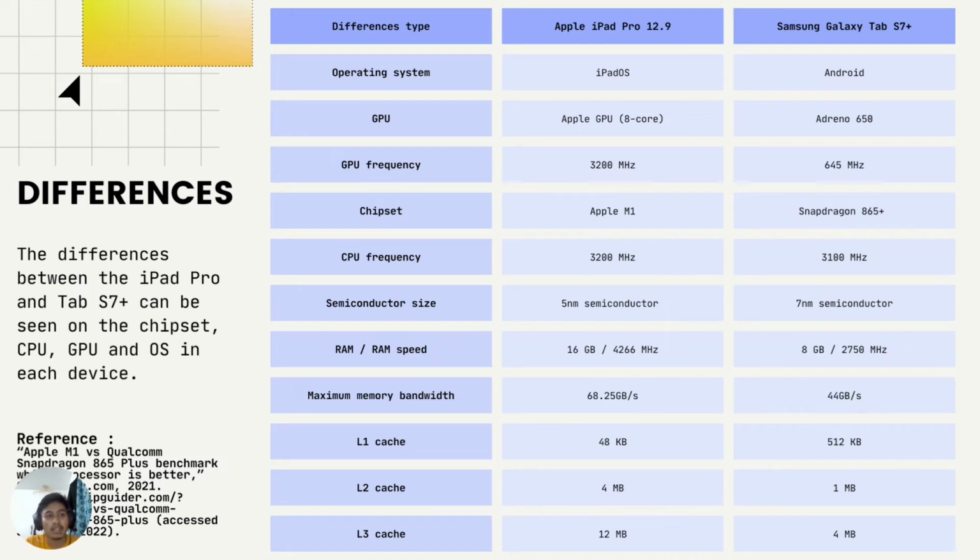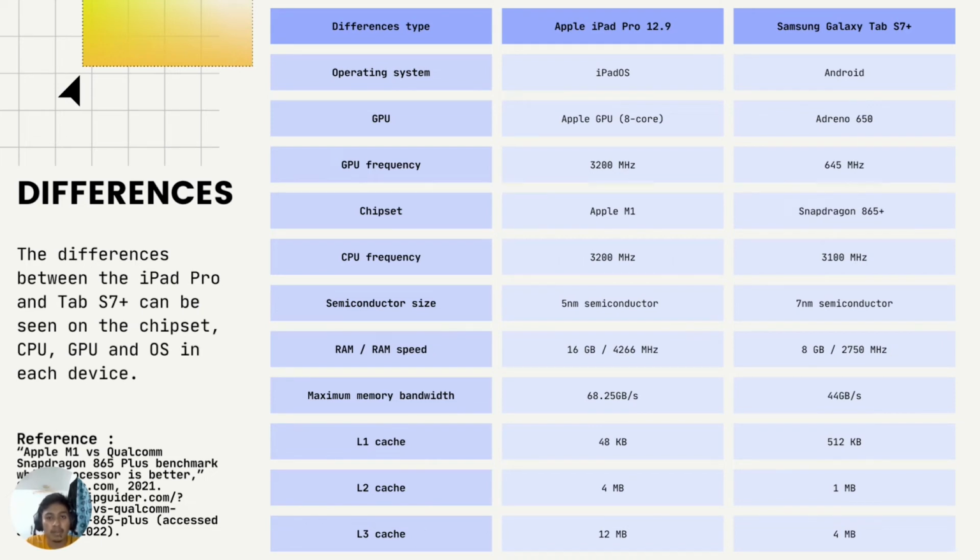After that, we can see the difference in terms of the size of the semiconductor on the iPad, which is 5 nanometer, which gives high performance and low power consumption. But the semiconductor size on the S7 Plus Tab is about 7 nanometer, which gives low performance and high power consumption to the S7 Plus Tab. The small form factor of Apple M1 allows more transistors to fit on the chip, therefore increasing its performance,